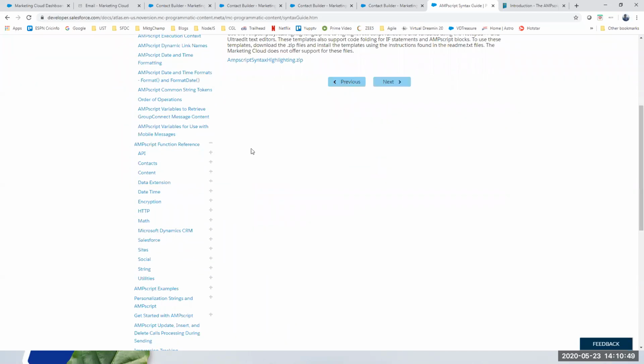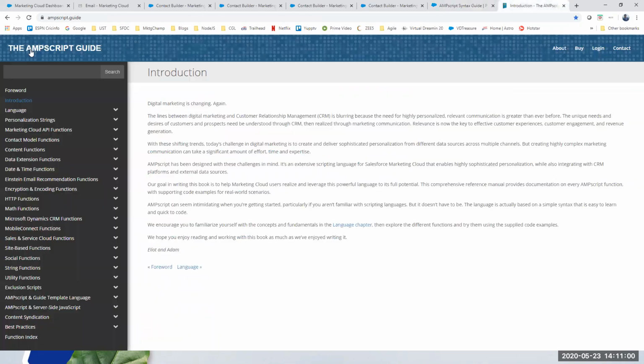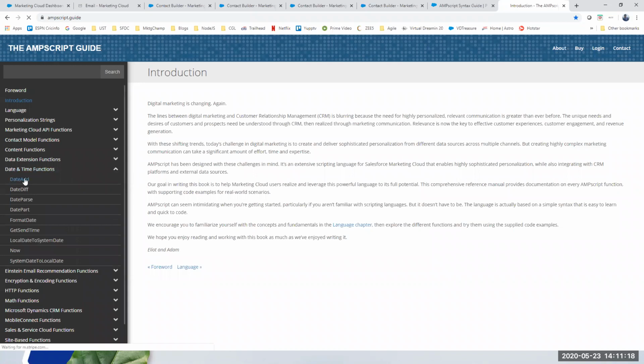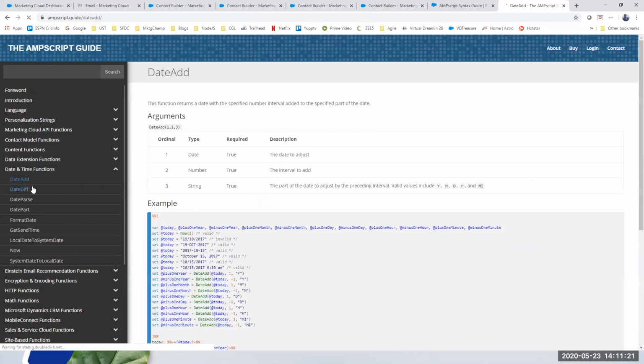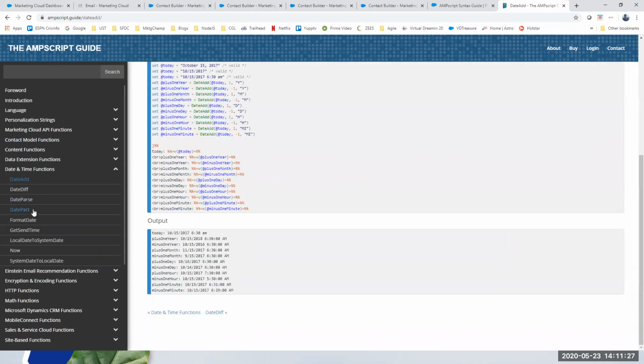This function reference is quite useful. Based on the type of functions that you want to retrieve, you can go and click on it, and it will give you the details. Okay, but there is also one more better one, which is called the AMPscript Guide. This was written separately by a couple of our MVPs, Eliot and Adam Spriggs. This is again a paid site, so if you want the full reference of everything, you need to subscribe to it. But there is still quite a bit of useful data here. At least the basic details about each of these functions are available, but any advanced scenarios that you want to look at will probably not be open.